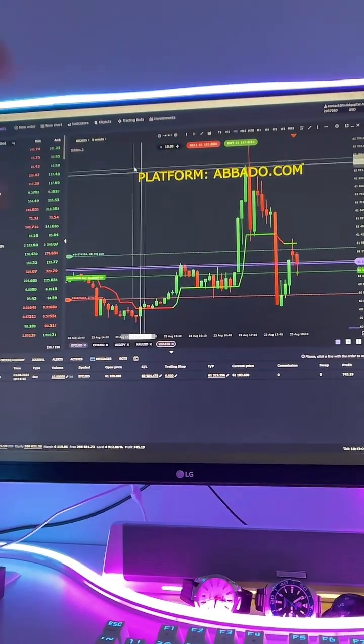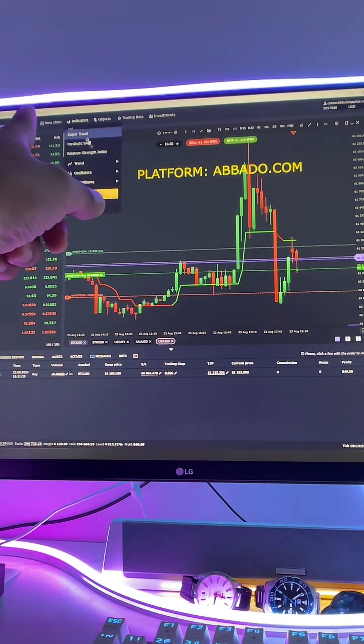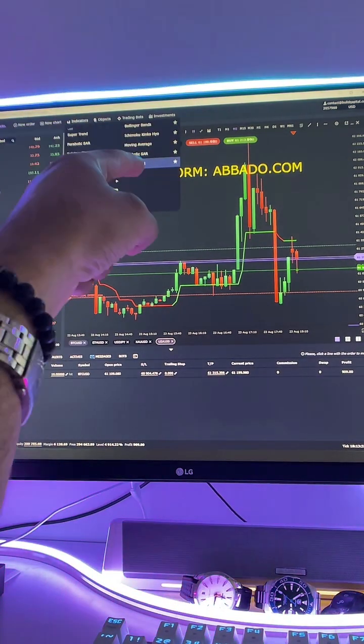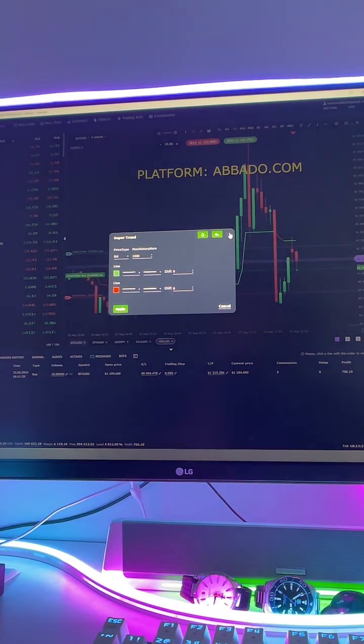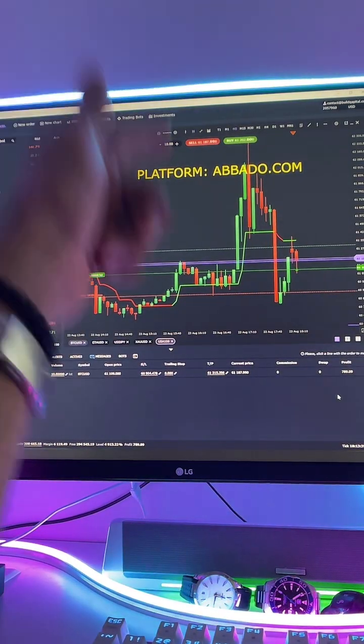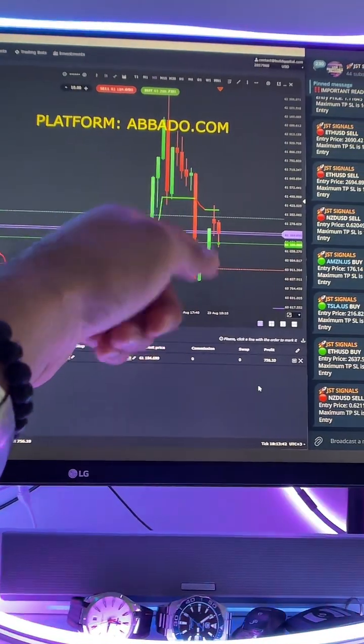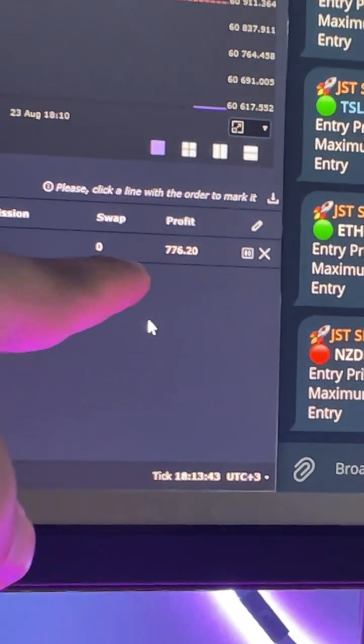And then you would have it on your chart. Now let's go back to the indicators tab. Under the trend drop down, you'll see super trend. Click there. I never change any settings. Click apply, and now you'll have the super trend indicator. And guys, the trade we just entered, congratulations, we're at